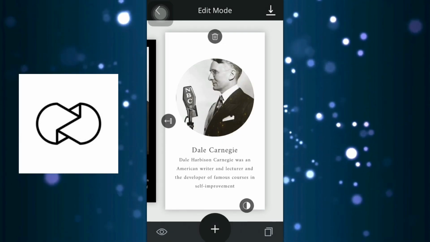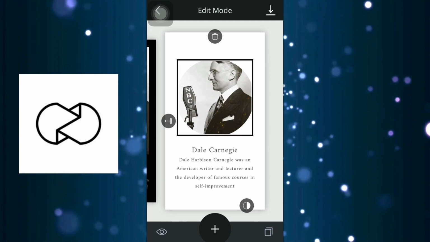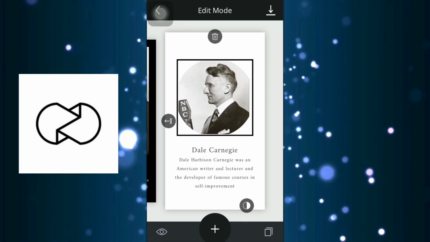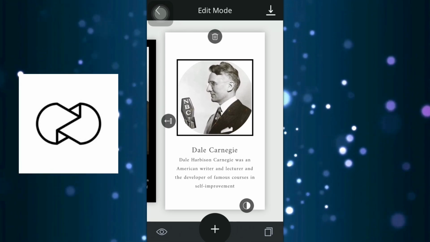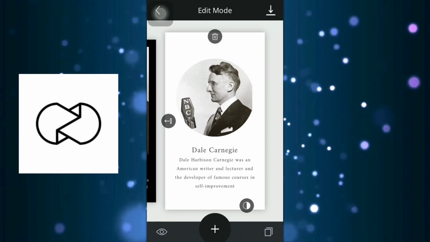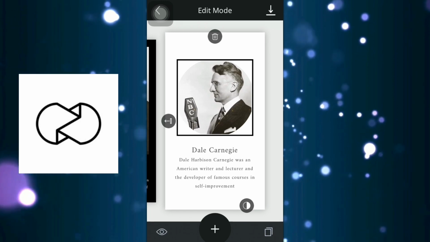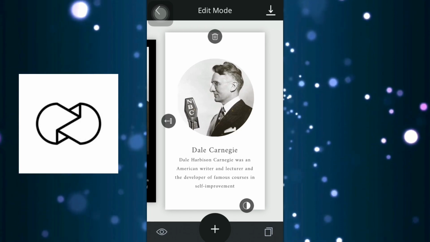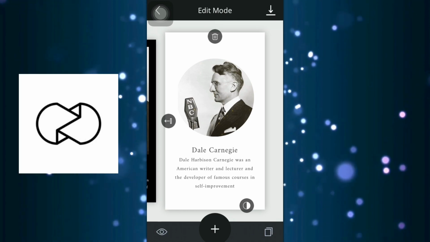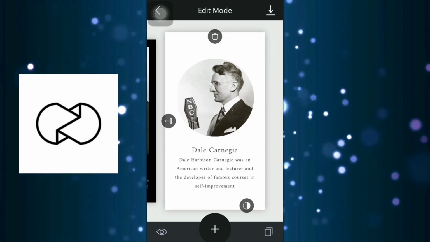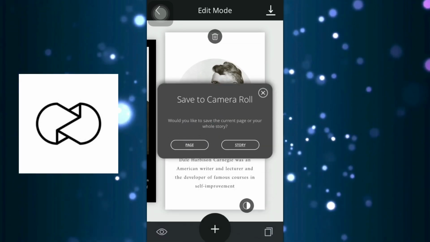As you can see, it is not centered, so if you want to fix that, just double tap and then just move it around and place it where you actually want it. I like it there, maybe a little bit more to the right. Okay, this way looks better. And again, you can change it to black or leave it white, whatever you like. I'm gonna save my story, save it,